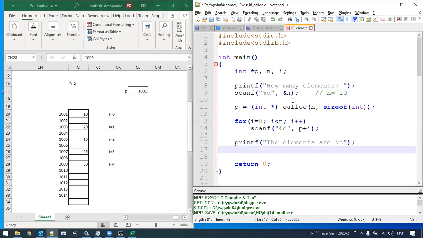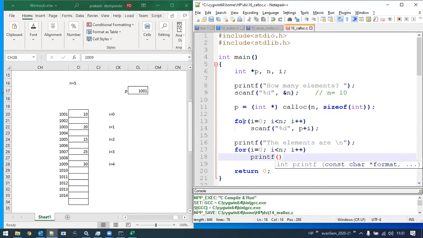Now the same statement I can use in a similar way: for i equal to 0, i less than n, i plus plus. Now, can anyone tell me the printf statement here? How do I need to retrieve these values? I want to just display the values here. What should I write here? %d and a slash n, and I will put...